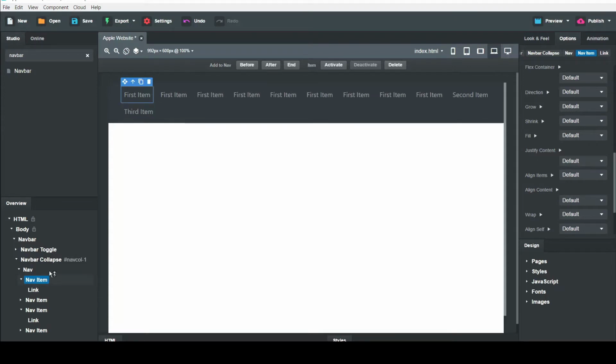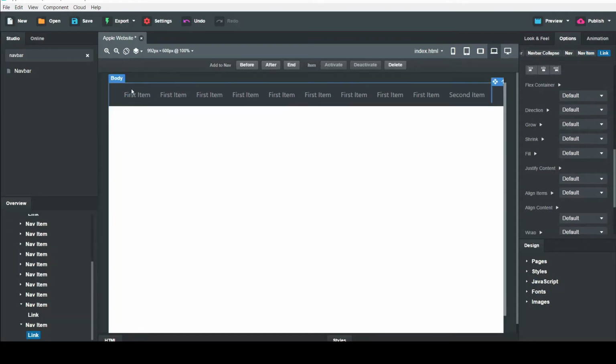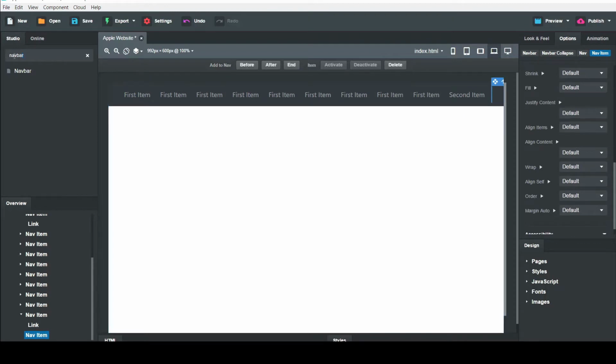We need some icons, so let's search the icon. Drag it to the nav items. We need the last also, so drag it to the last second item.